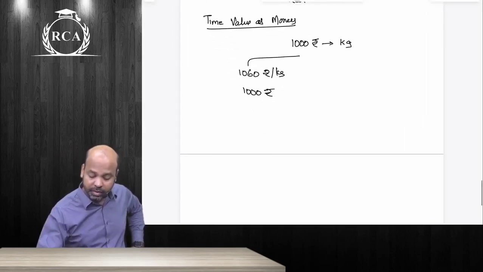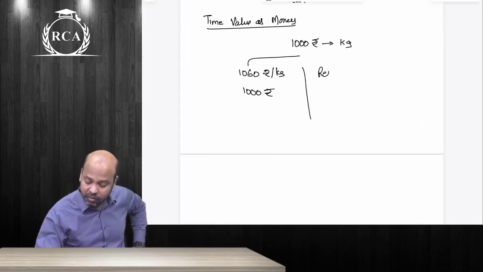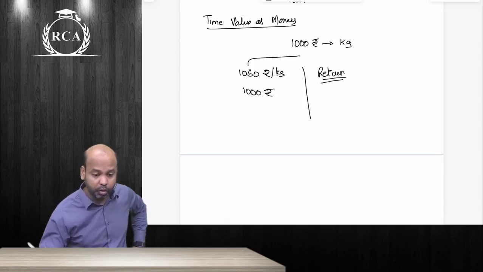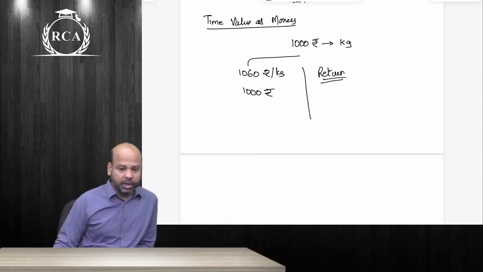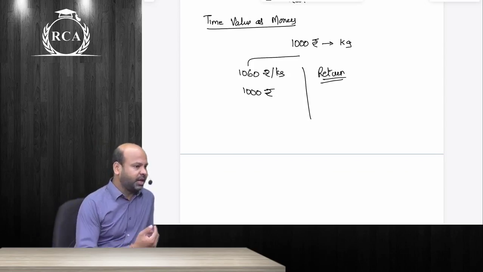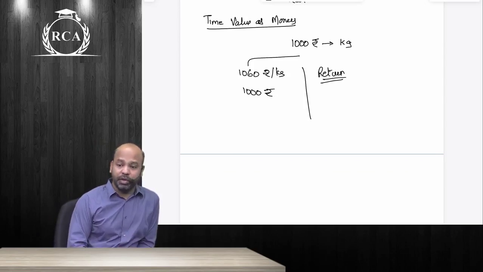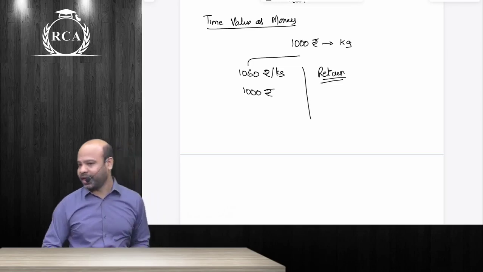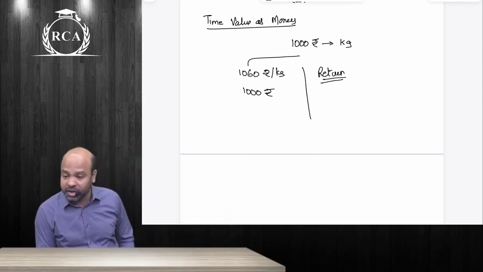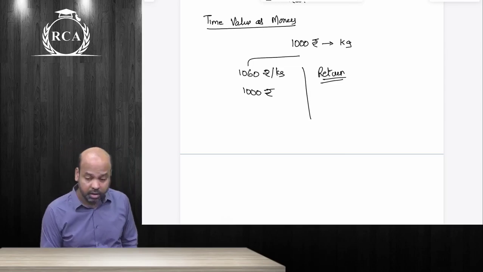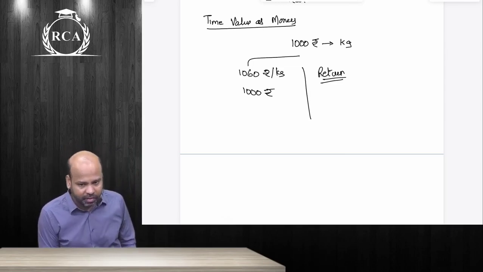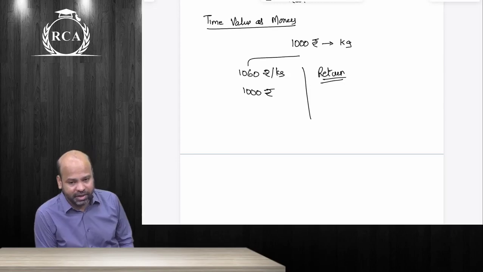The whole reason behind investing your money is to ensure that we generate a return more than the inflation rate. If you are generating a return more than the inflation rate, you will be able to maintain your purchasing power. If you are generating an excess return more than your inflation rate, then there will be a real increase. You can increase your purchasing power.